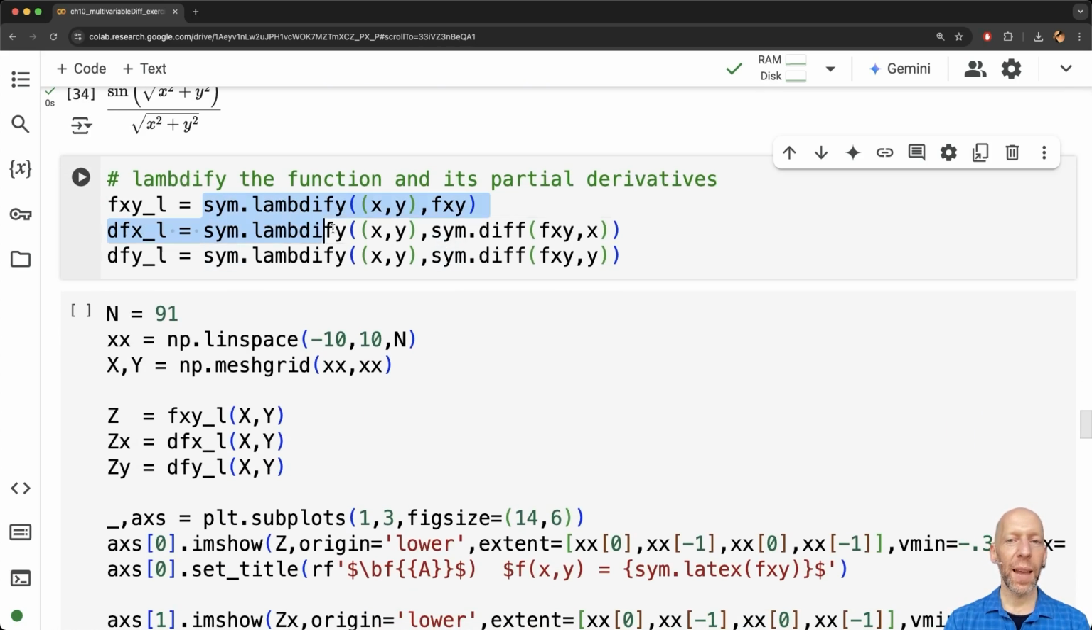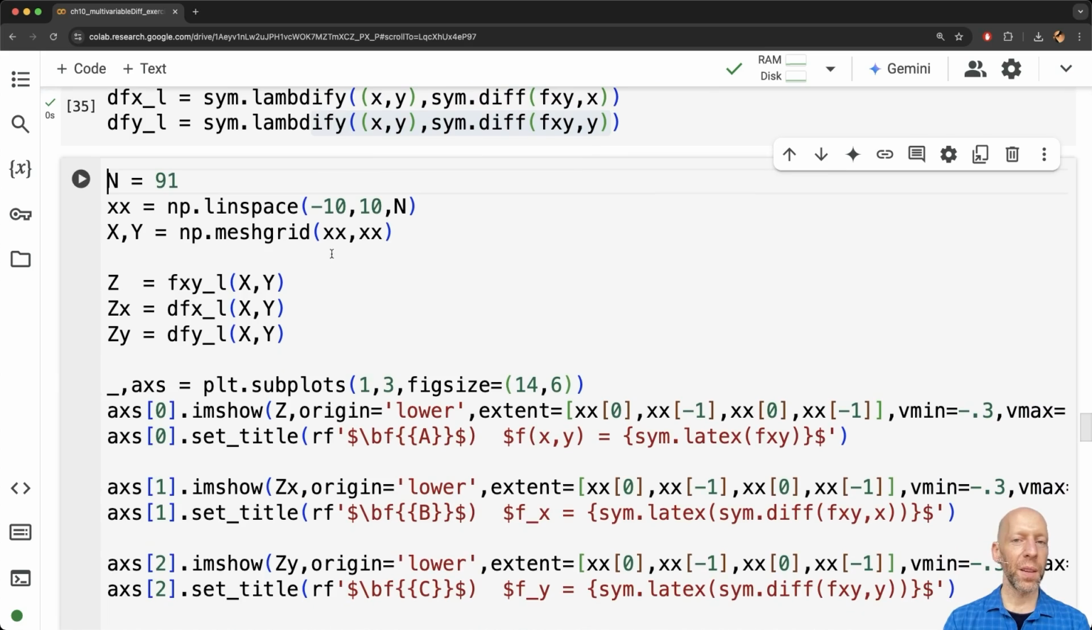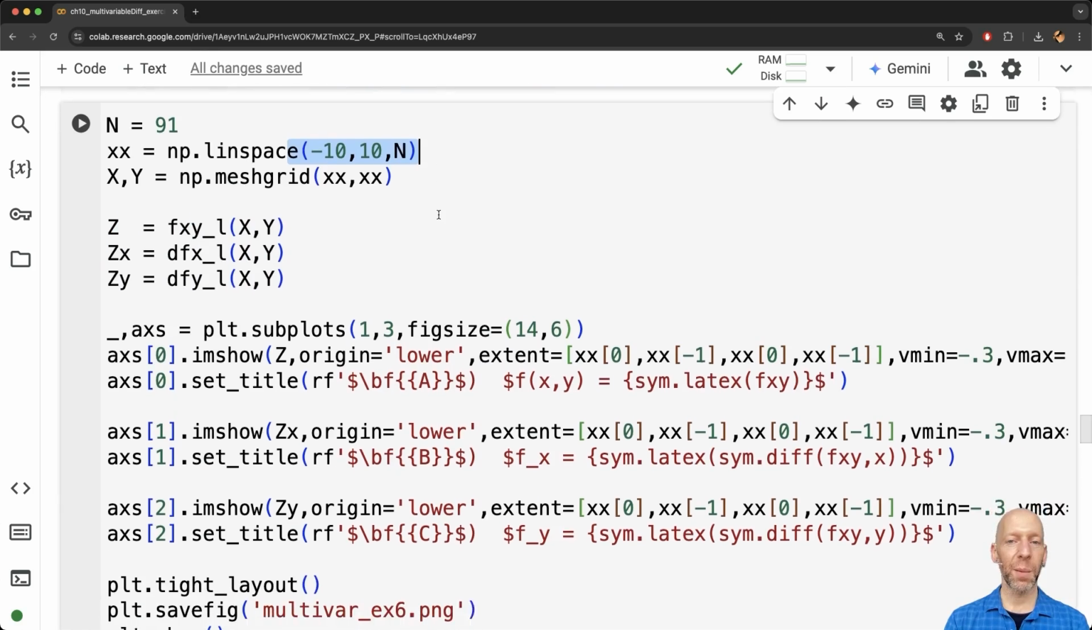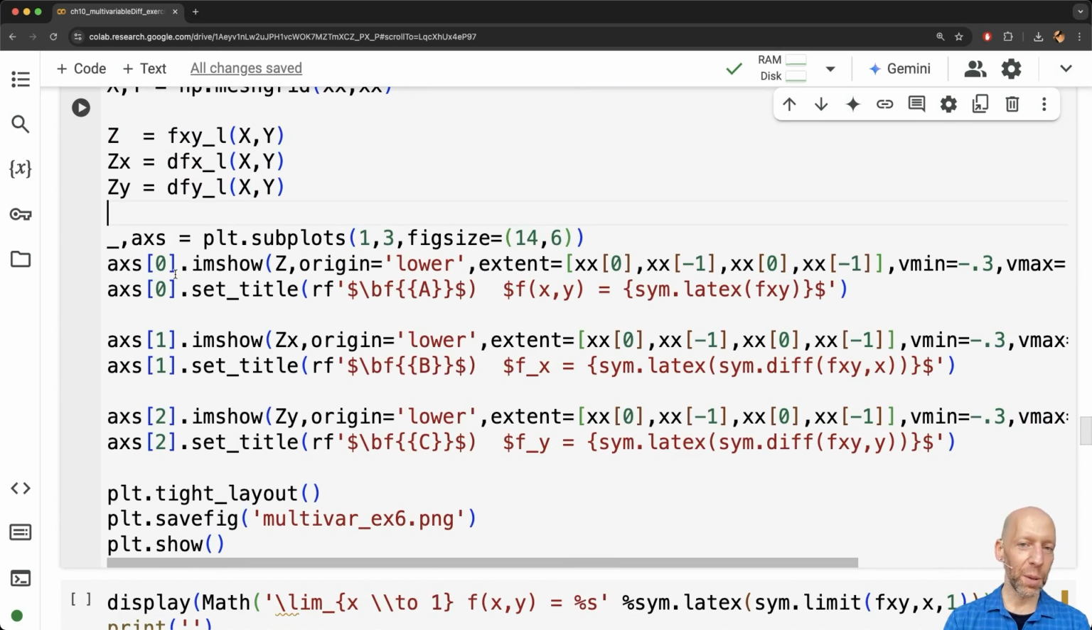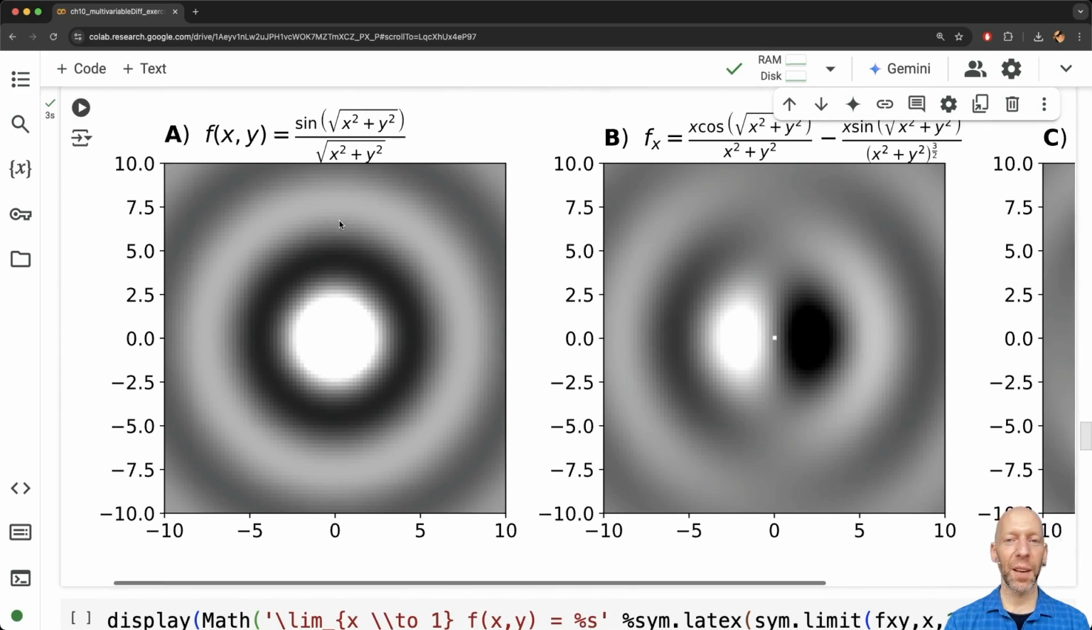Okay, here I lambdify the function itself and the derivative of the function, the two first-order derivatives. And I'll run that code. And then here is where I evaluate the function and its derivatives for specific values of x between -10 and +10. And here I have some imshow functions to basically just visualize the three maps as I showed in